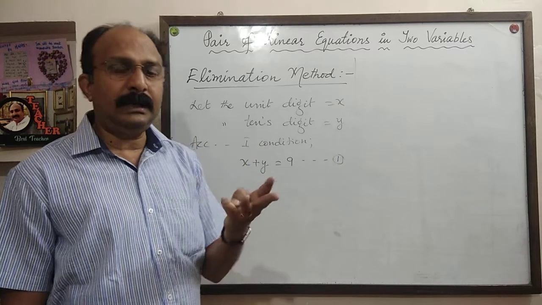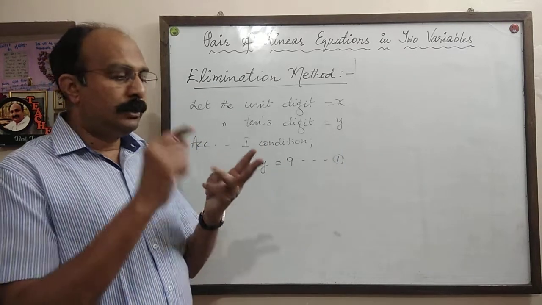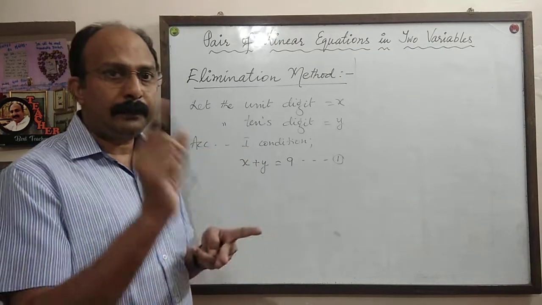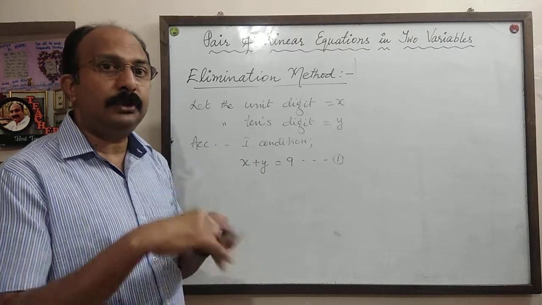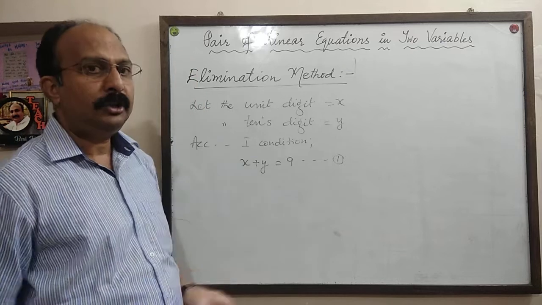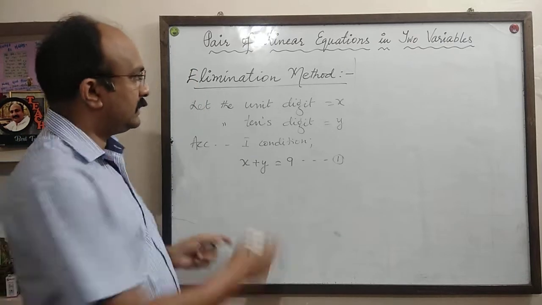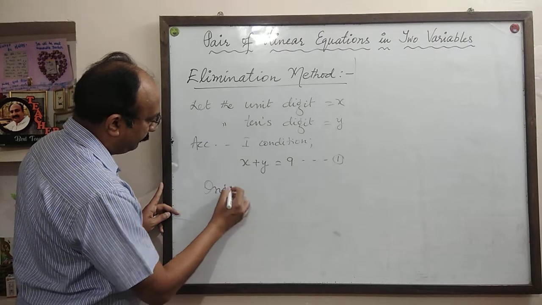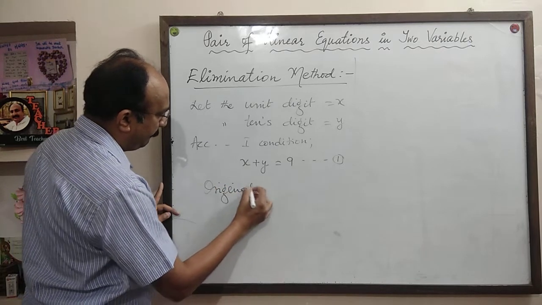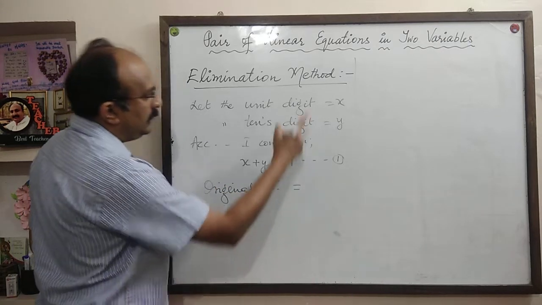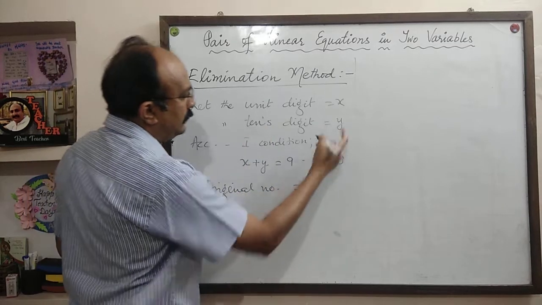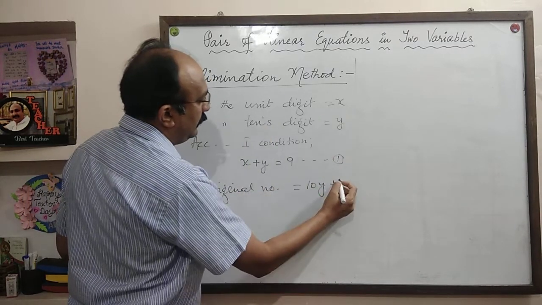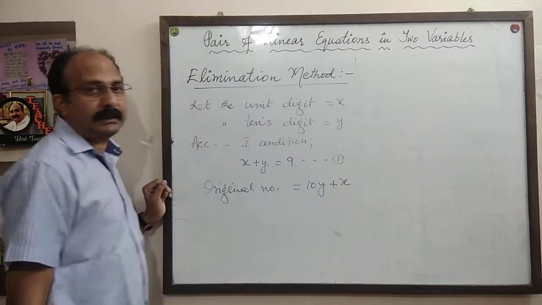If there are 3 digits, then unit digit into 1 plus tens digit into 10 plus hundreds digit into 100. So the original number is